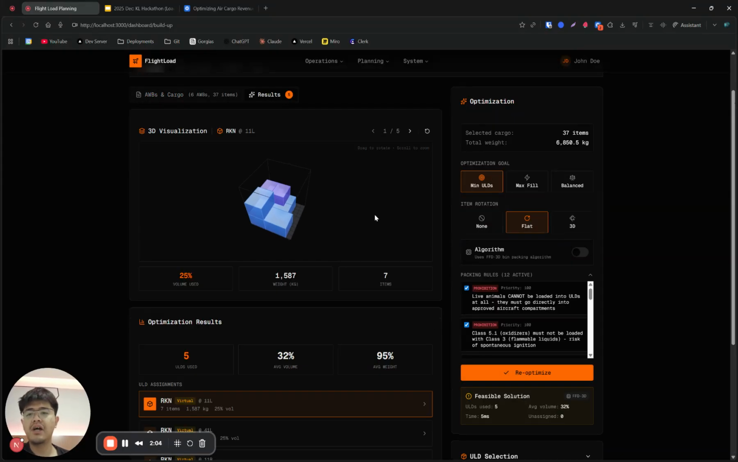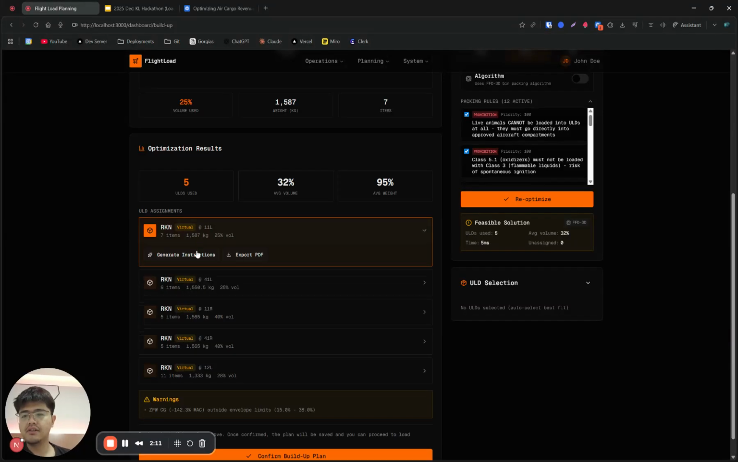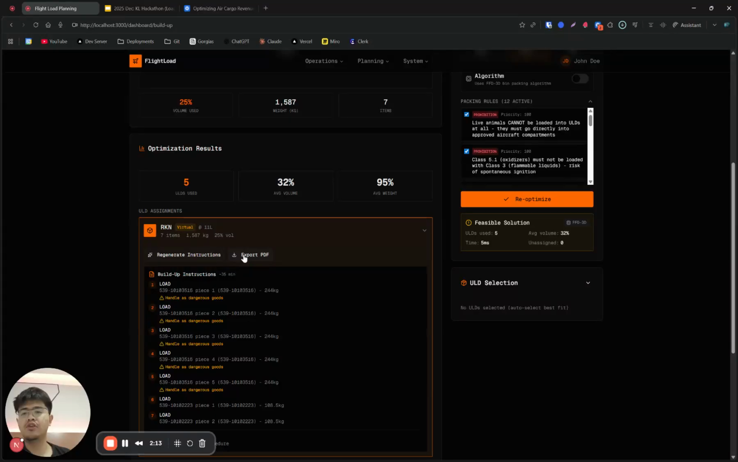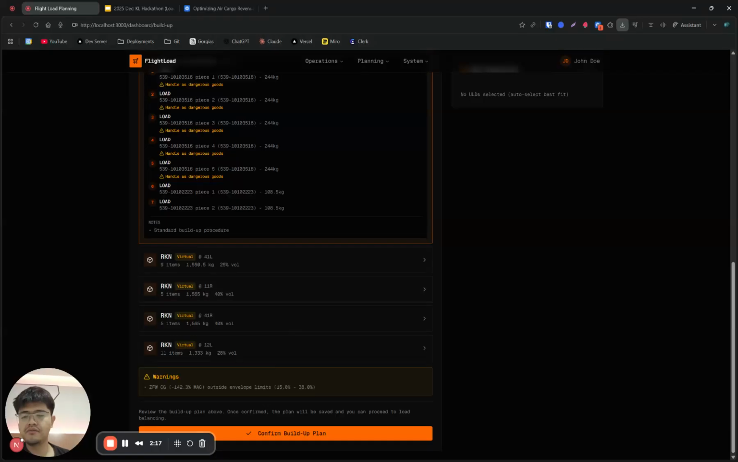The algorithm outputs a 3D visualization, and it also outputs instructions and load planning documents. Once it has been confirmed,